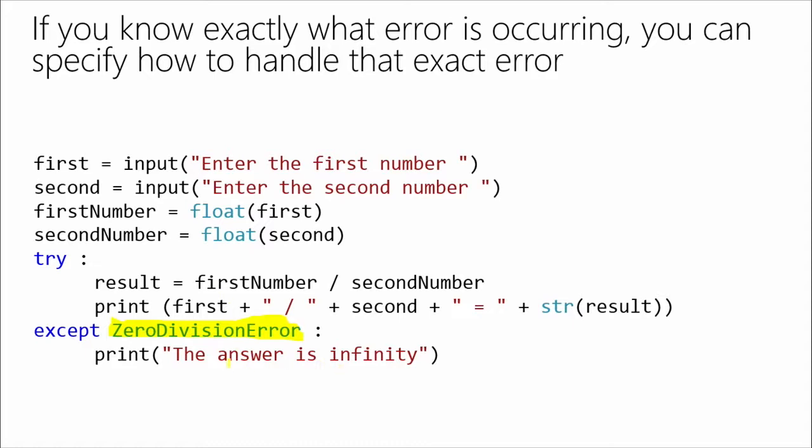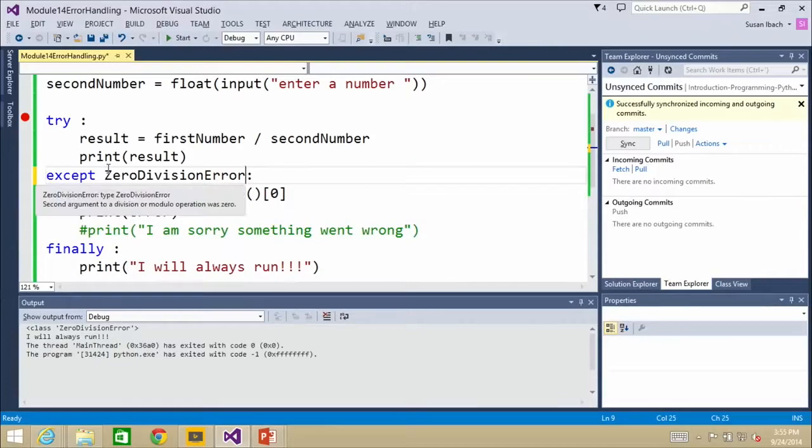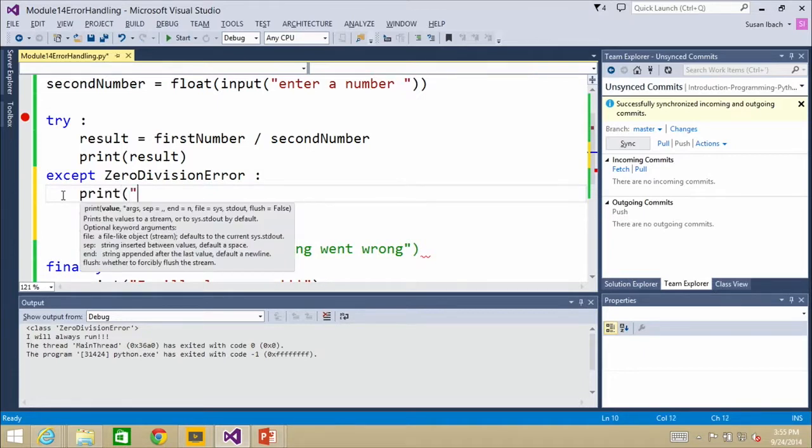I'm going to tell them, hey, you're trying to divide by 0? The answer is infinity. Yep. And beyond. And beyond, exactly. So what I can do now is I can say except ZeroDivisionError. I'm just going to double check on that. ZeroDivisionError. Yep, got that right. And then instead of doing this sort of generic error message, I'm going to display a "whoops, didn't mean to do that." I'm going to print a message that says the answer is infinity.